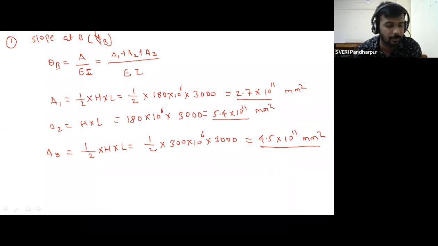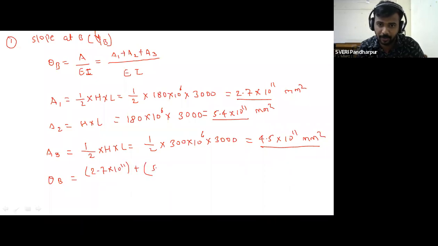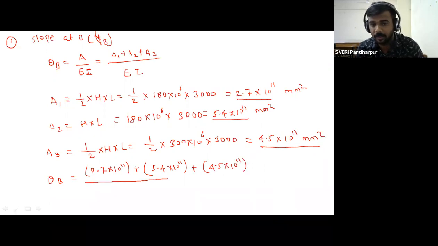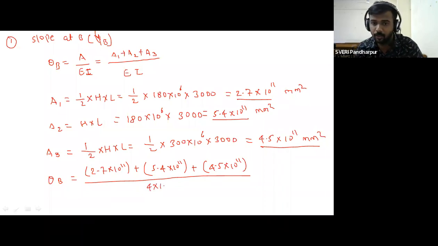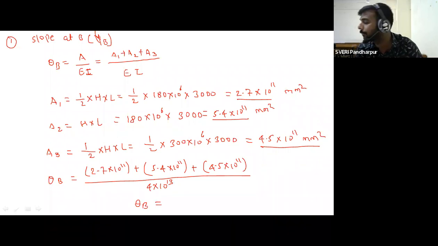So do the calculation of all the cross-sectional areas and then put all the values in the theta equation. That is, theta B is equal to area A1 2.7 into 10 raised to 11 plus 5.4 into 10 raised to 11 plus 4.5 into 10 raised to 11, divided by E into I, which is given as 4 into 10 raised to 30. So theta B is equal to